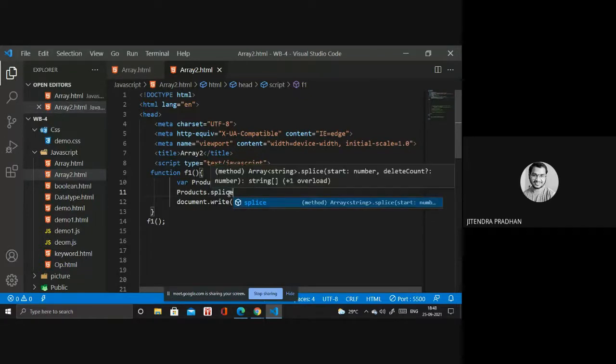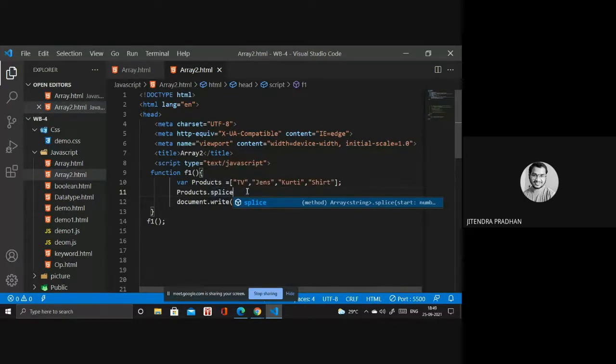Okay. So first thing is splice. In the splice, first thing is start. Have you observed the splice? We have start inside the number. First one is a number, means it's an index number. Not just a number, it's an index number, meaning the index number you want to delete or remove. And the second thing is delete count. Delete count means how many items you want to delete, that you have to write. And after that, whatever content or data you want to add in between, you have to write these things.